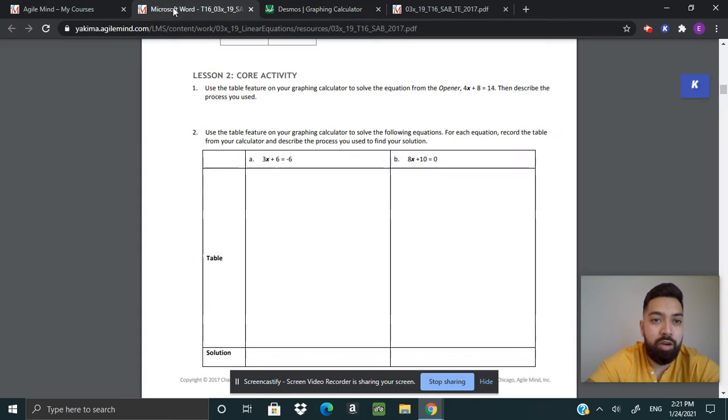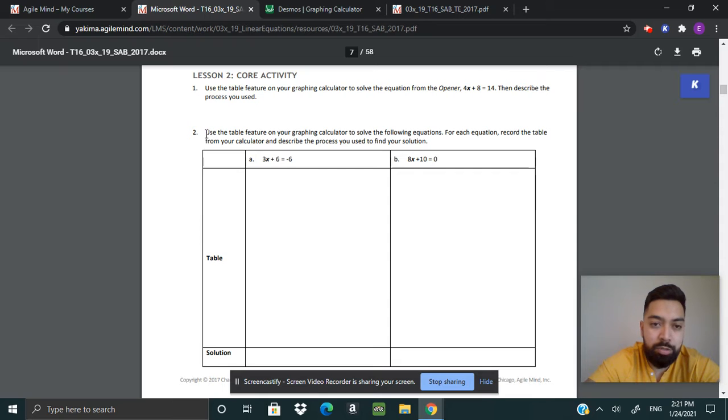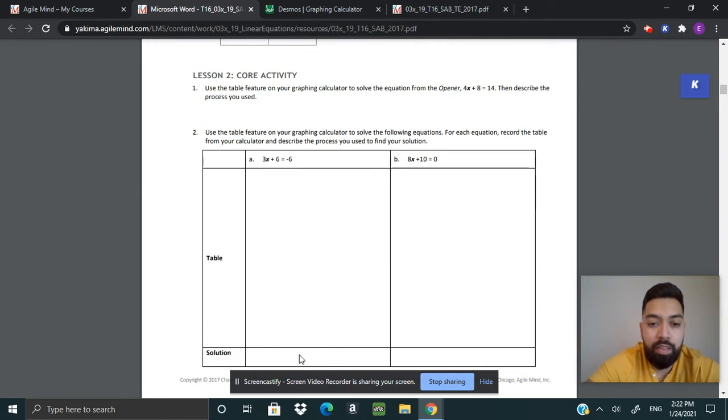Okay, so now let me go back to number 2. Number 2 says, keep using the table feature in your graphing calculator to solve these equations. For each equation, record the table. So you're going to have to copy the table on here, and then you're going to have to report your solution. And I'll do that in a second as well. Okay, so